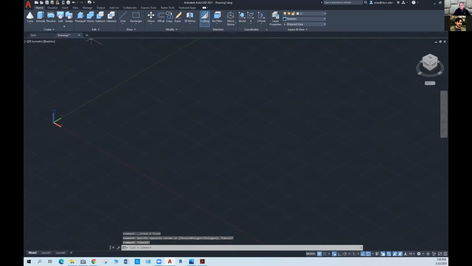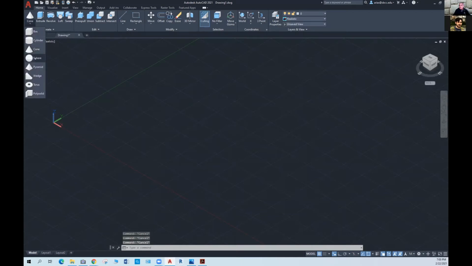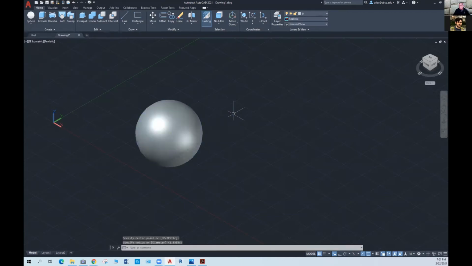Once again, we can create solids, then surfaces, and meshes, right? And so, for example, if I create a sphere here, that's a solid object, meaning that